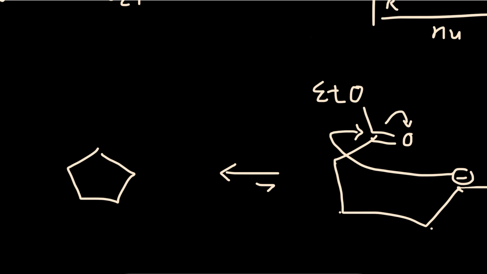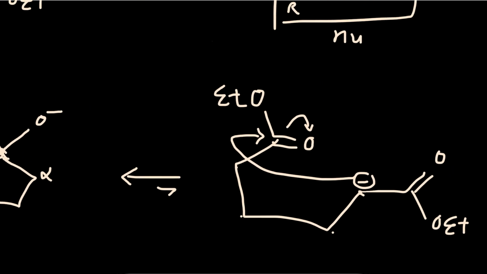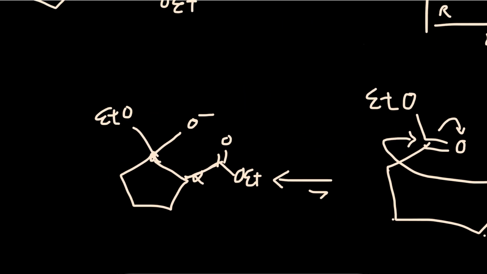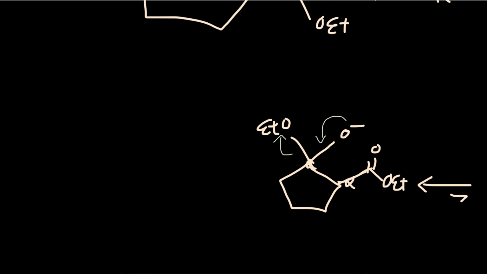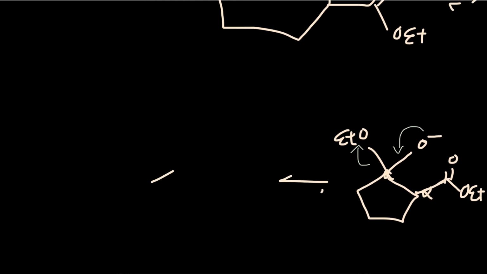So 5-carbon ring. And a quick tip is that you have alpha carbon here, and adjacent is going to be that carbonyl carbon's former location. But now it's not going to be a carbonyl because we pushed that double bond on the oxygen. And on our alpha carbon, we have a branch. Okay, now this negative charge will come down to form a carbonyl. And to respect the octet rule, then this, since it's an ester, becomes a leaving group. So that gives us a beta keto ester,